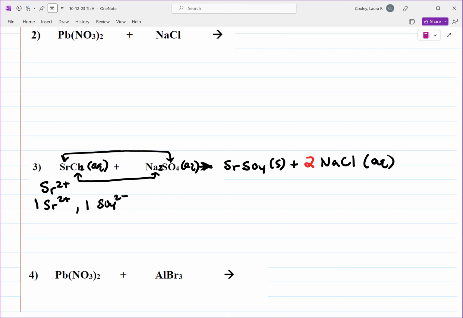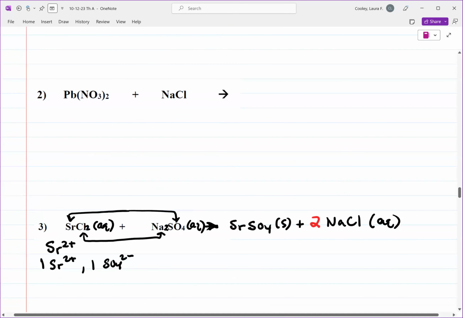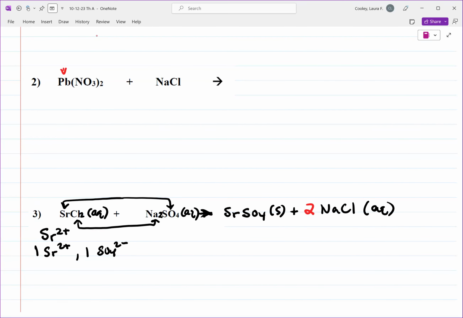All right, so number two, we have lead with chloride. That's Pb2 plus. You know it's 2 plus because it's with two nitrates here. And we have Cl minus. So when you put that together, you'll have